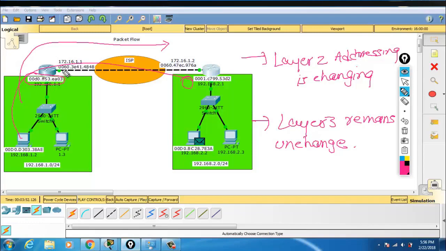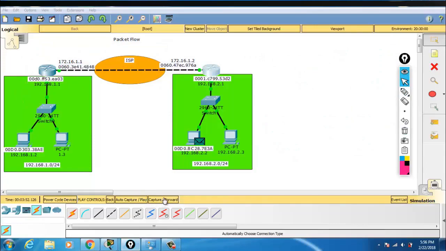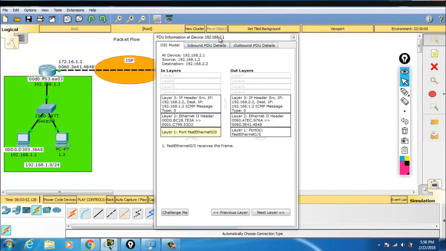Then both the source and destination MAC of the packet will change. So let us notice one more thing here. If you open this packet out here,